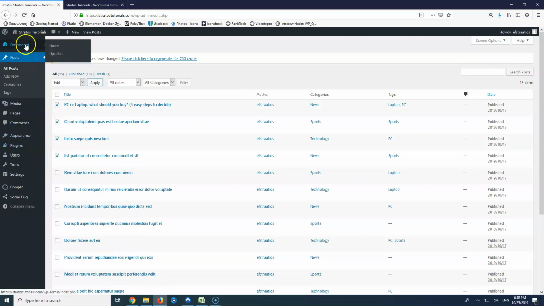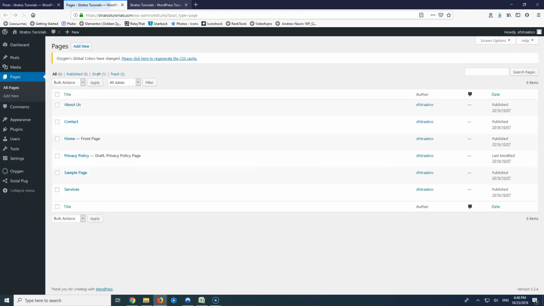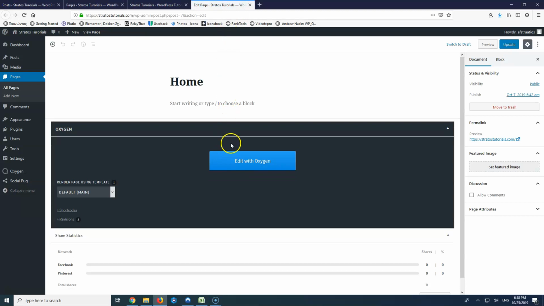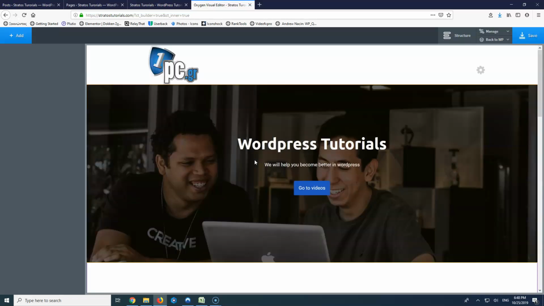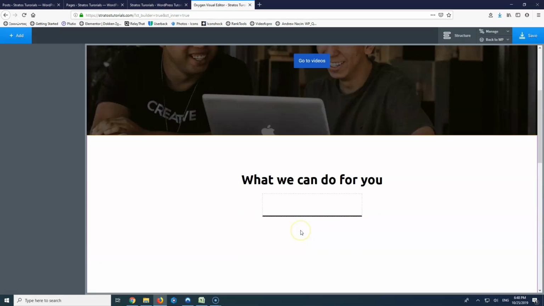Now let's go to our home page. Let's go to pages, all pages, and in the home page we're going to create a new section for the news, and we're going to use the element named Easy Posts. The Easy Post is the one way that you can add archive post template. It's not to create archive post template, but to add posts in your